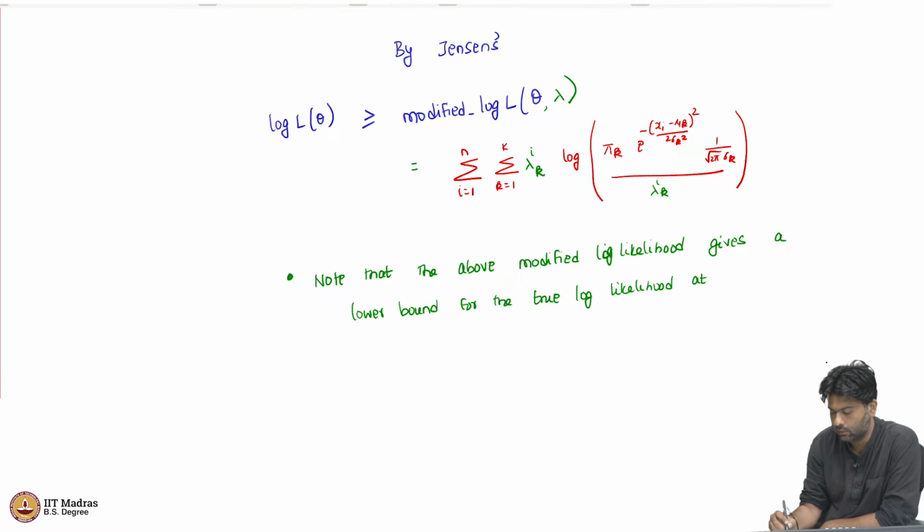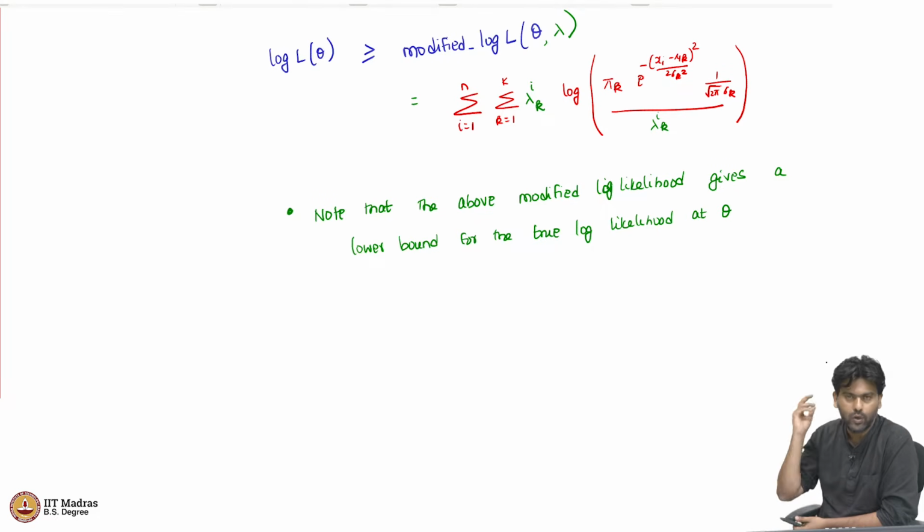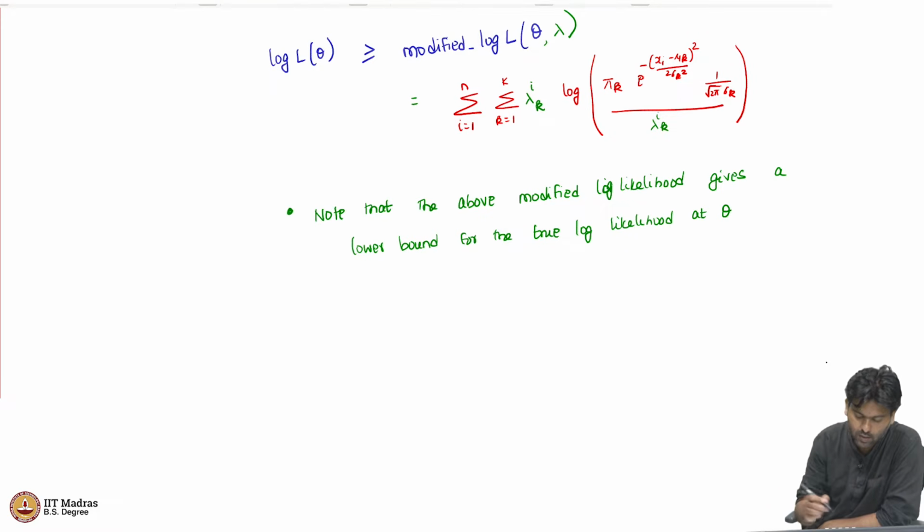I wanted to maximize the true log likelihood at theta. That is the function that I care about. If you give me a set of parameters theta, then I can evaluate the true log likelihood at theta. But if I evaluate the modified log likelihood, it is going to give me a lower bound. That is what Jensen tells me, and the interesting part is that this is a lower bound for any choice of lambda,